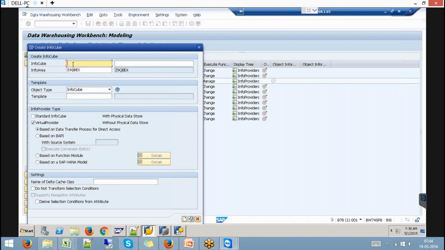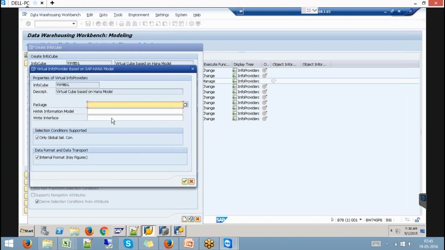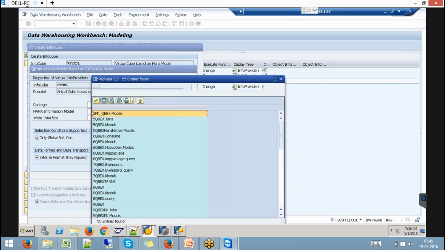Just give some name, V9 V model. I'm just trying to create a copy. And I would say it's a virtual provider based on the HANA model, and it has to be based on the same view.